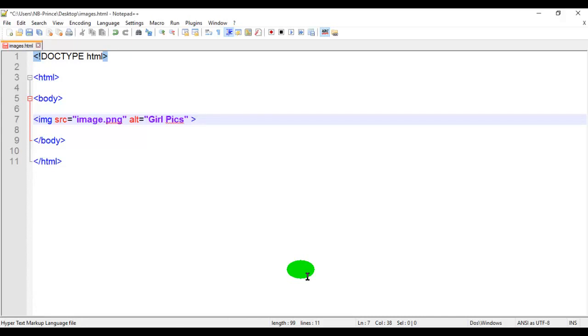So first we will give the width. For example, first of all we take style. This is also called inline style, and we will give width, for example, 128px, and height, let's say 160px.